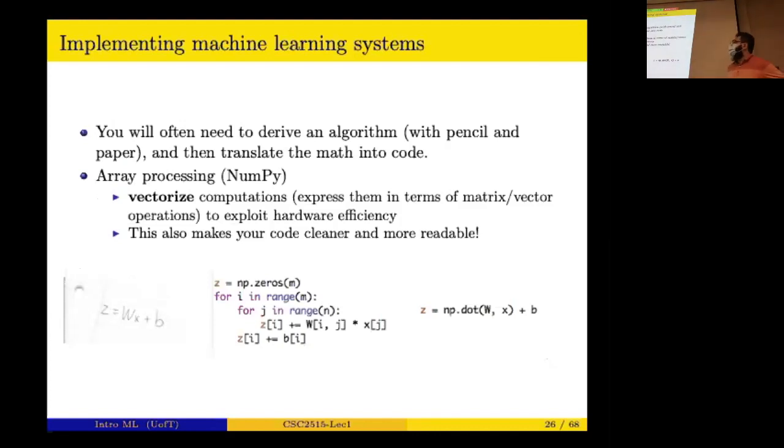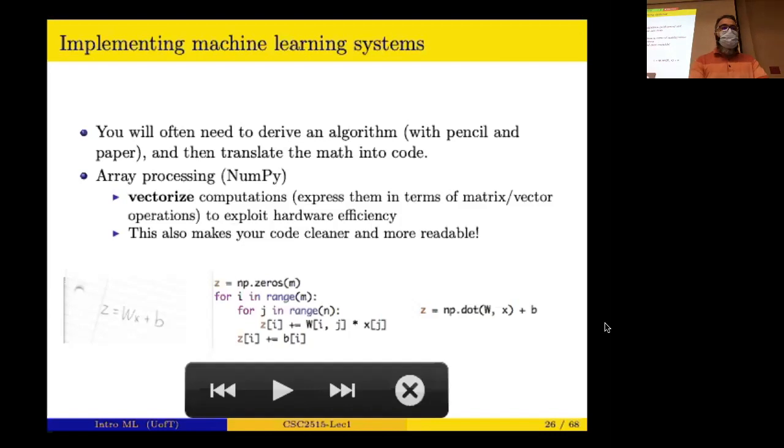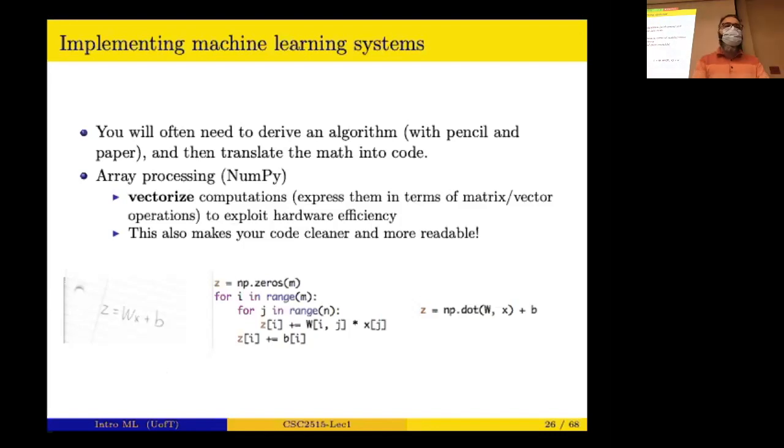Another thing is that in this course, we derive many algorithms, and in some of your exercises, you may need to derive some simple algorithms based on what you have already learned. When we want to implement them, we usually try to use array processing. So we vectorize the computation and use tools like NumPy in Python in order to benefit from faster computation. These are programming details. I said we don't have much about programming, but there are a few slides here.